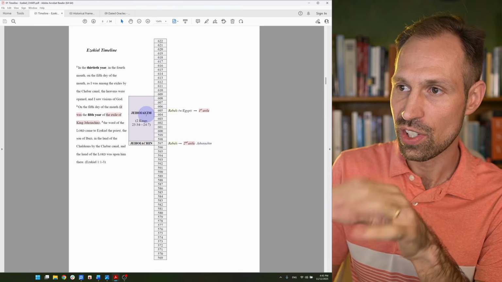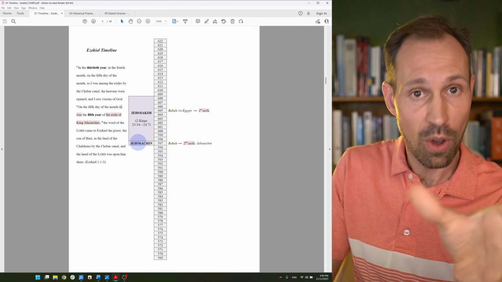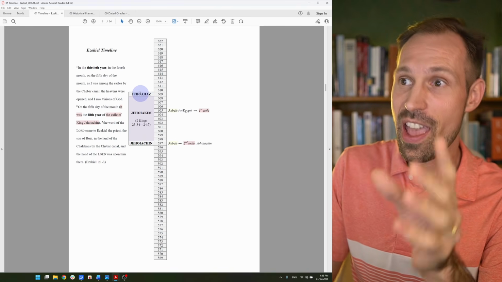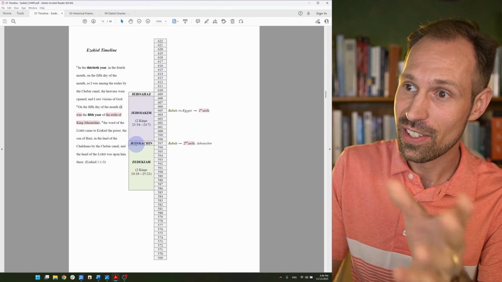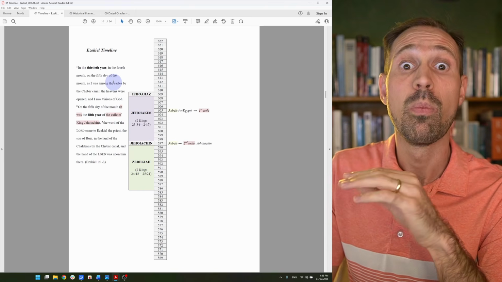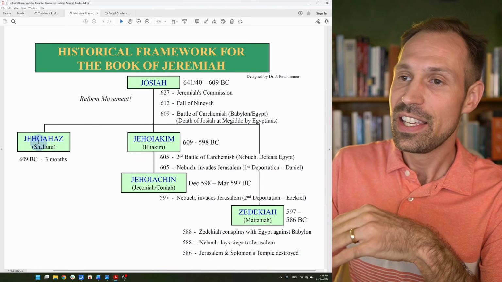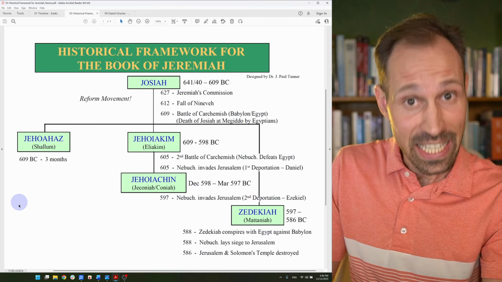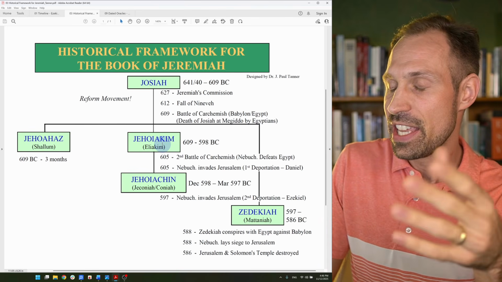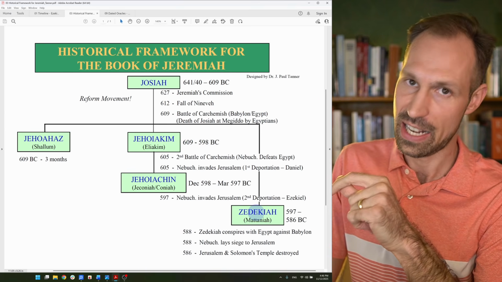Well, Jehoiakim is going to reign for 11 years, and Jehoiachin will reign for 3 months. But this is actually pretty easy to remember because the final 4 kings of Judah are going to alternate between 3 months and 11 years, and then 3 months and 11 years. And 3 of these 4 final kings of Judah are all brothers. They are sons of Josiah. Now Jehoahaz, he is going to be exiled and taken to Egypt. And Jehoiakim, he dies at the age of 36. Jehoiachin is exiled, taken to Babylon, and so is Zedekiah.